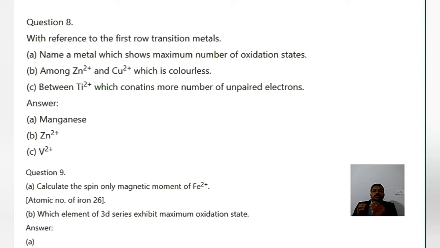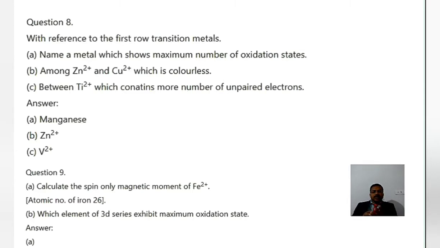So we know that the property of color is connected with d-d transition. To show d-d transition, there should be unpaired or incompletely filled d orbitals. In the case of zinc, the d orbital is completely filled, that is 3d10. So the possibility for a d-d transition in the case of zinc is nil. But copper has incompletely filled d orbitals, and